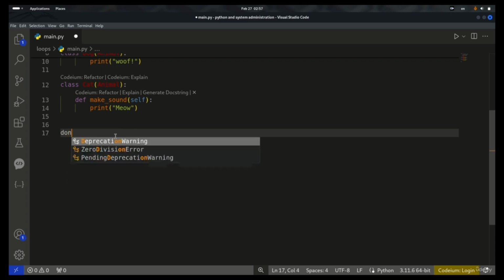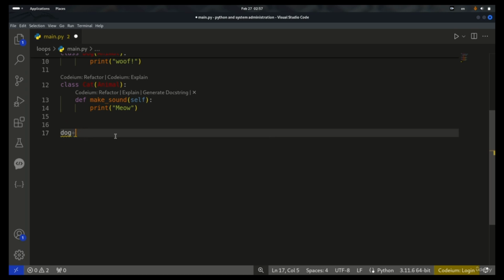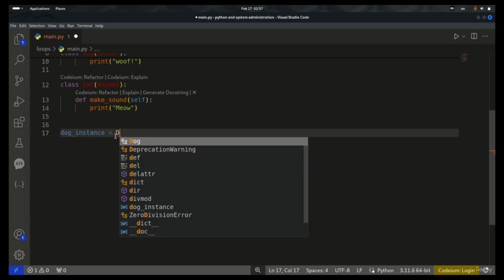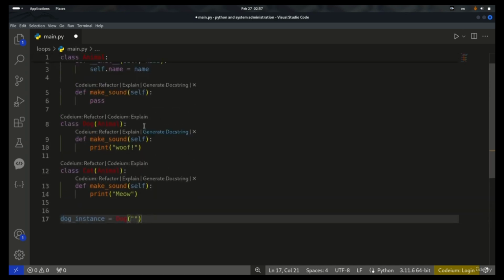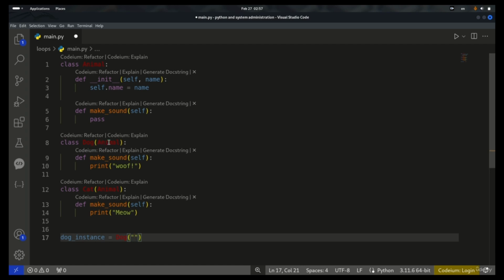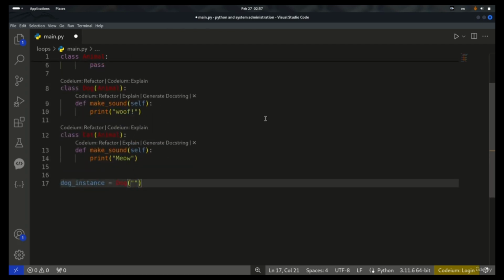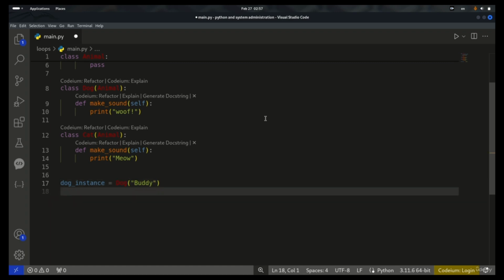Now we have these two classes that look like this, and after that we can create their instances. So let's go with dog_instance. The dog_instance is going to be equal to the Dog class. We create its object, or its instance, and it will ask for a name. As you see, for the Dog class we don't have any argument for name here, but in the main class, the super class, it has an argument called name. So now I'm providing the name here. The name for the dog is going to be Buddy,